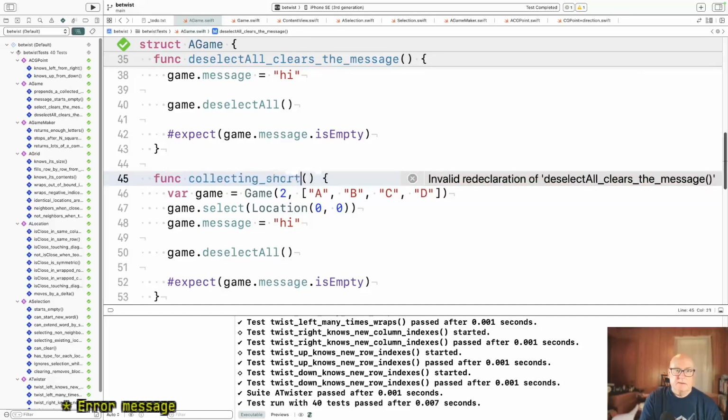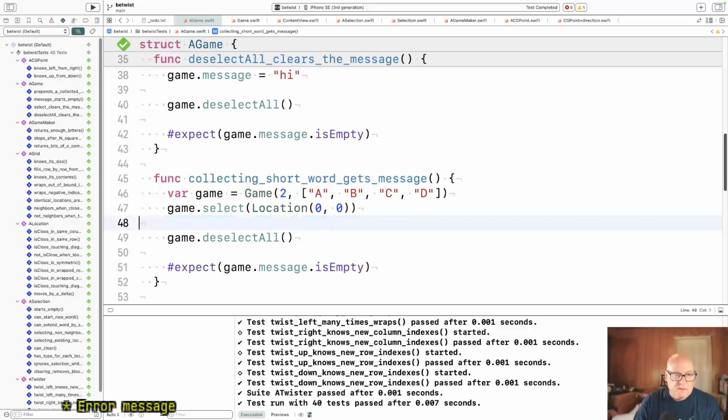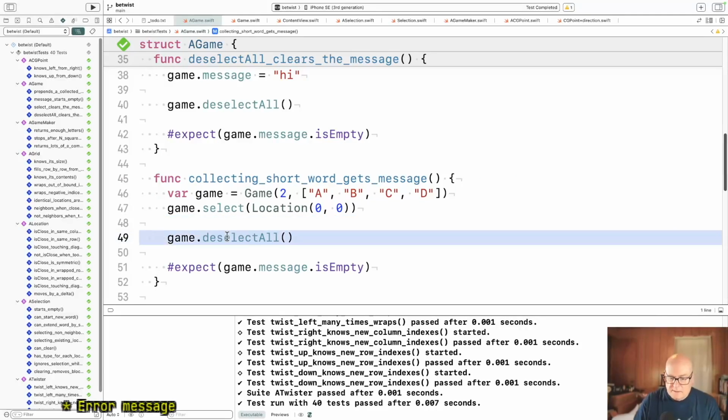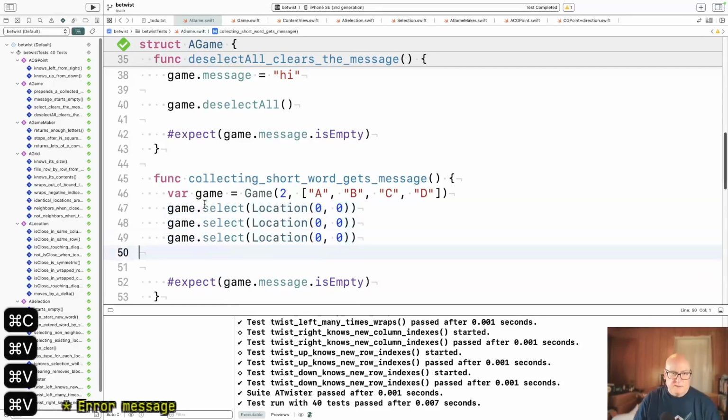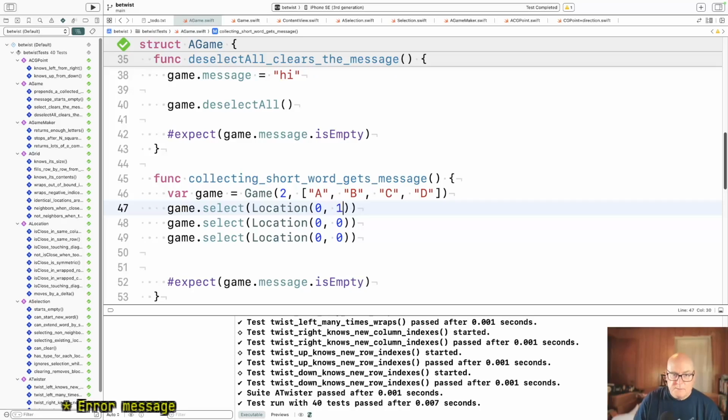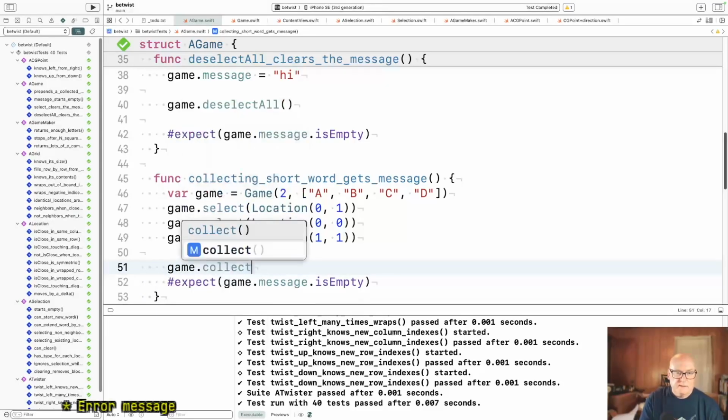Okay, so collecting short word gets message. Okay, so we'll clear this out. All right, and we're going to select 3 things. We can even take a real word. 0, 1 is B, 0, 0 is A, and 1, 1 is D. Okay, and if we game.collect,